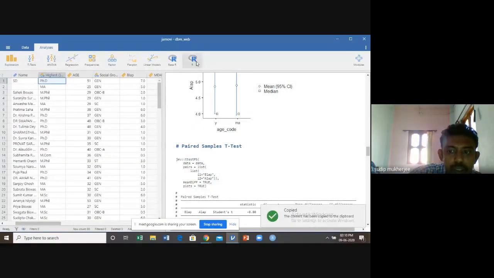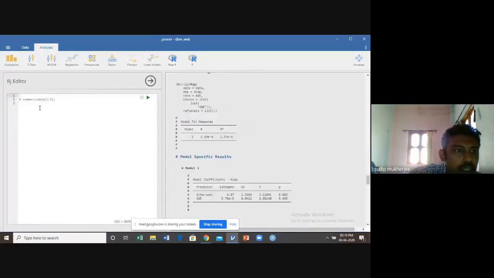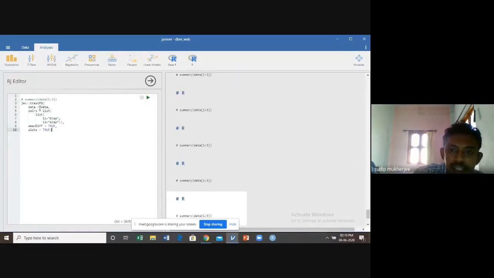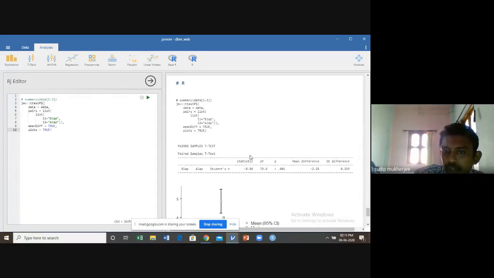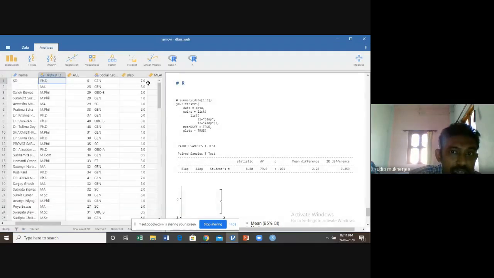I copy this, open this, paste it in the editor, and let's run. See, it gives you the entire result. Simultaneously, if anyone is interested in programming and wants to write his own program, you can write it in our editor also.